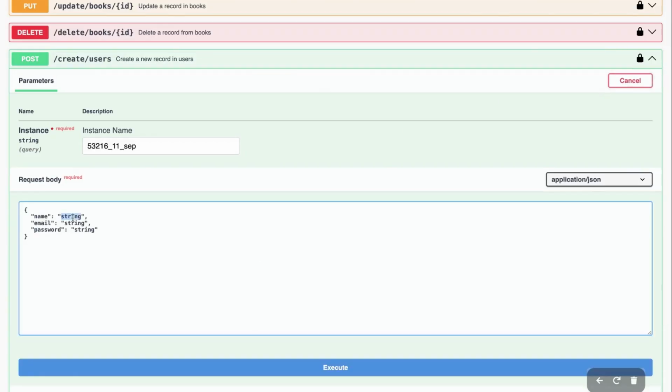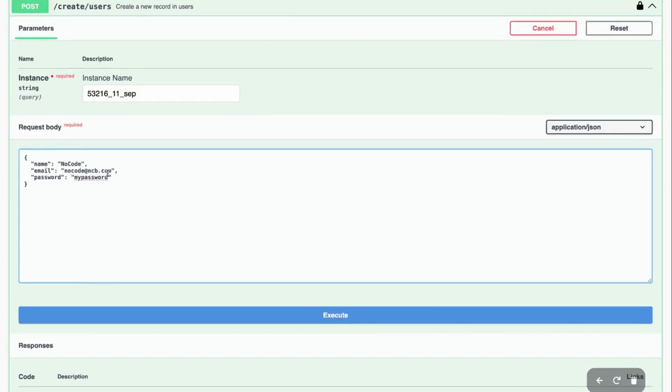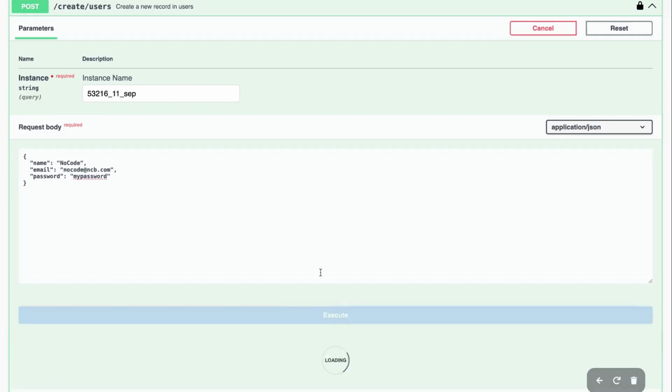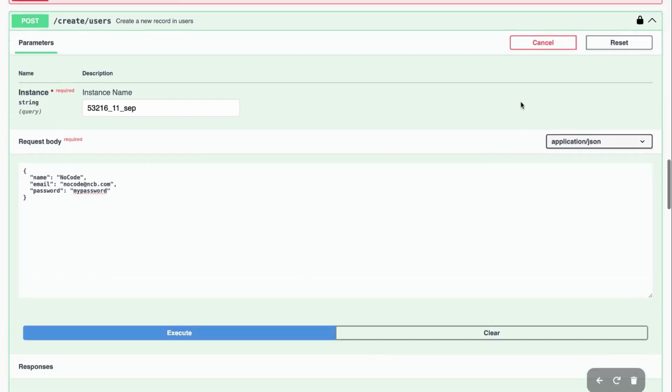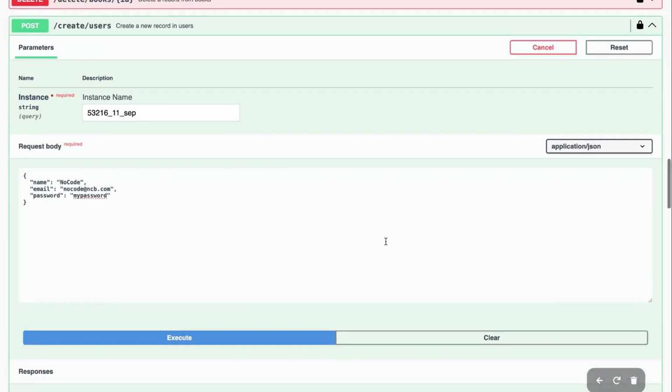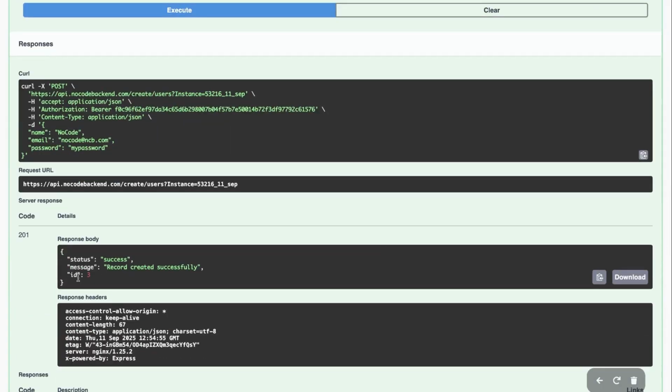So I can give this name as, let's say, no code. Email will be nocode@ncb.com. Password would be my password. Again, it will be encrypted because we have the hashing algorithms. So if I just click on execute, and if you see, now we have a new record created with